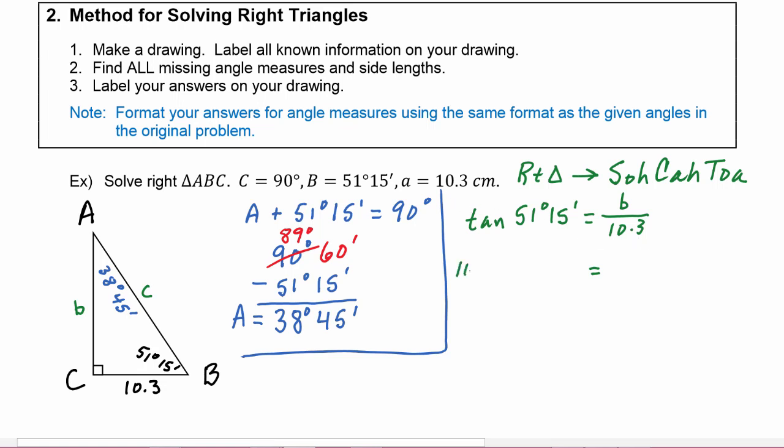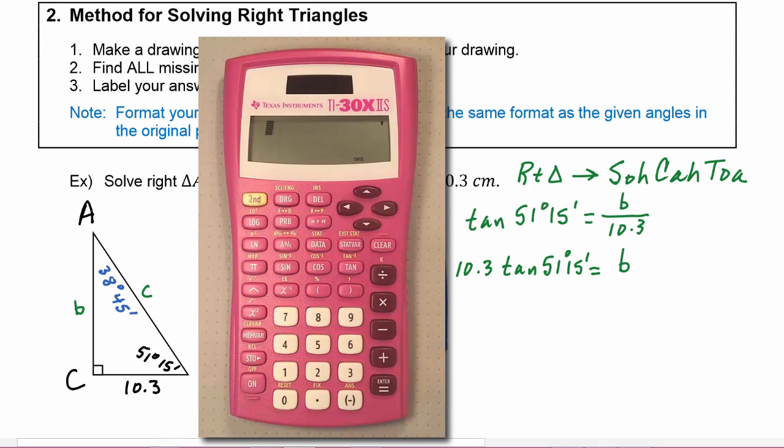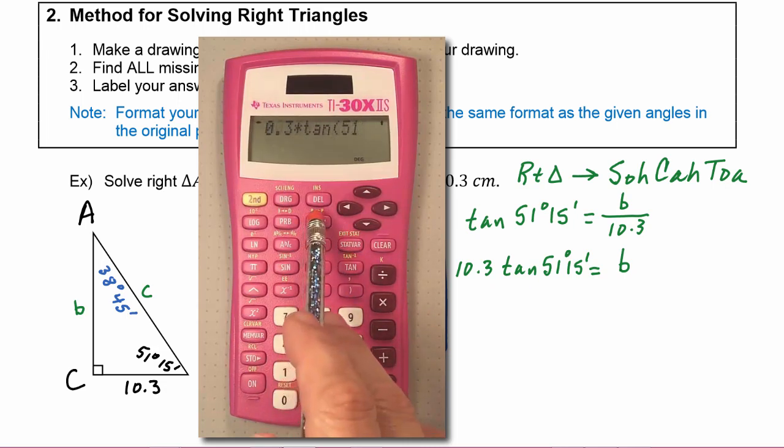So the left-hand side is going to become 10.3 tangent of 51 degrees 15 minutes, and that's going to equal little b. And now you grab your calculator, punch in 10.3 times the tangent of 51 degrees 15 minutes,